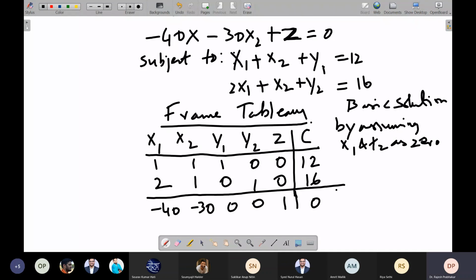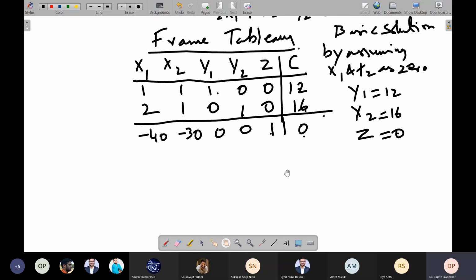So if you assume x1 and x2 as 0, y1 will become 12, y2 will become 16, and z will become 0. So you can see the corresponding ones, we've made these zeros. So y1 is 12, y2 is 16, z is equal to 0. This is called a basic solution, but we have to go beyond the basic solution.